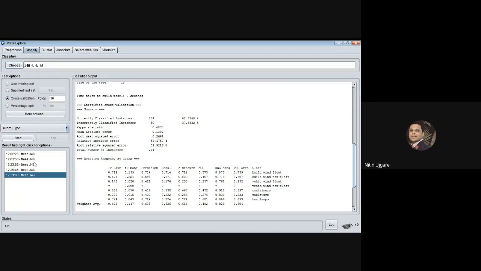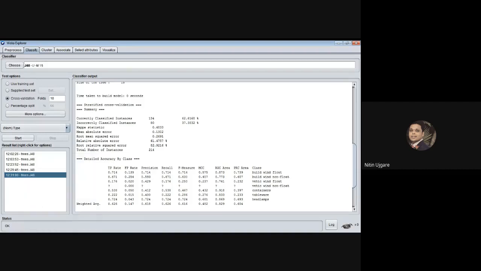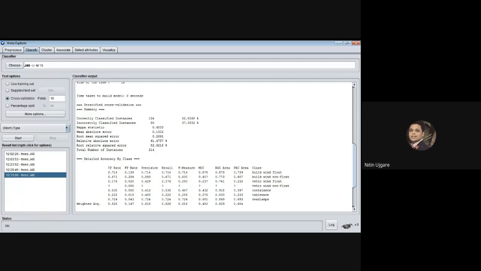Now, if you want to see the errors, then simply click here. I'll just go back and I will select the first run and click on visualize classifier errors. So this new window is visible to all. New window is visible.